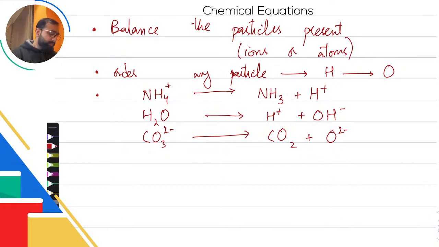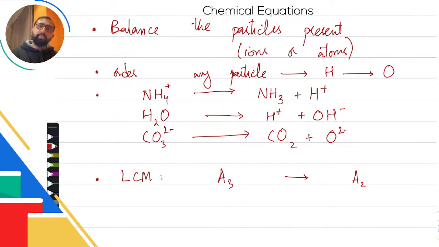And then one more method that I would suggest is, if you're in doubt, if you have odd numbers on one side and even numbers on the other side, then use the LCM method. Now, what is the LCM method? For example, let's say I have three atoms on one side and two atoms on the other side, and there's the arrow in the middle, and there's a lot of other things. What I would suggest is take the LCM of 3 and 2, which is 6. So make 6 on both sides.